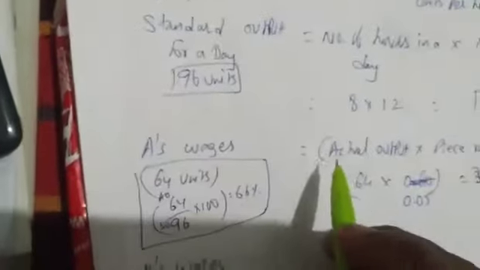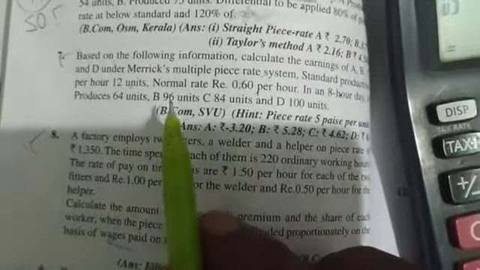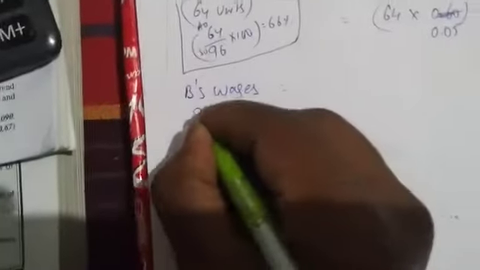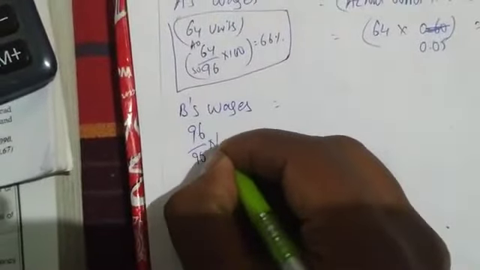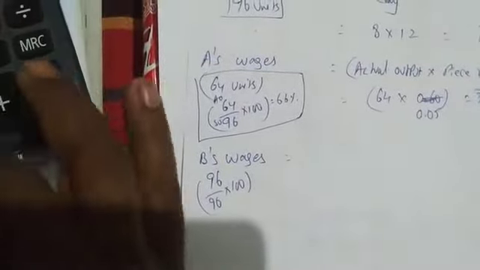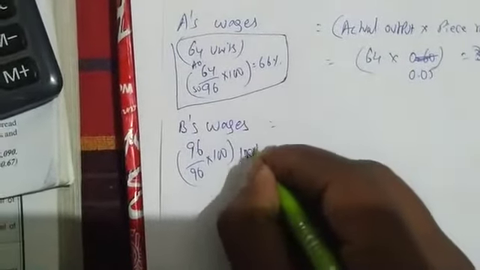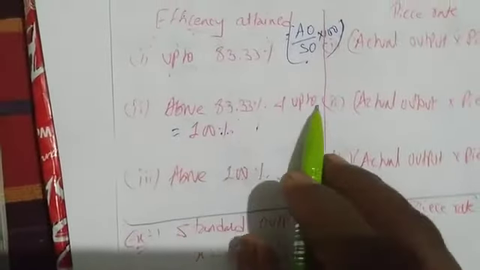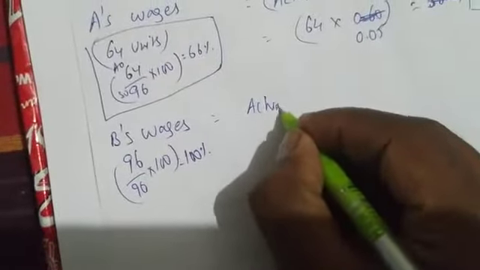First, let us find out his efficiency level. How many units did B produce? B produced 96 units. Let us check his efficiency level: 96 by 96 into 100. So we are getting 100%. What does 100% mean? Above 83% up to 100%, category 2, which is how much percent? 110%. So his wages will be actual output